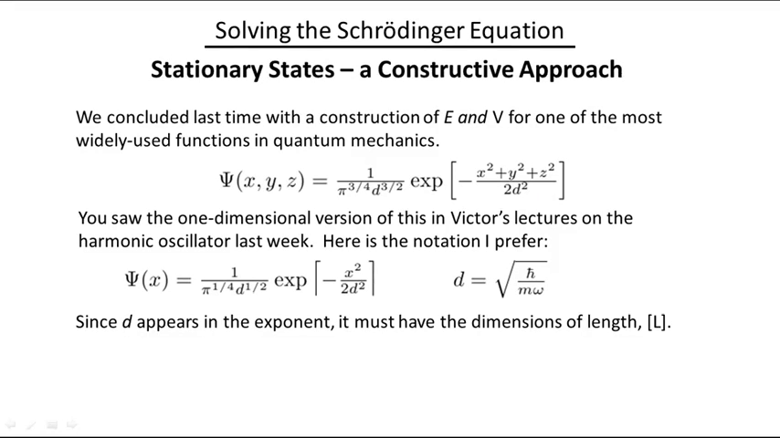Now, in the quiz at the end of the last lecture, we looked at this function. It's a generalized Gaussian, an exponential of a quadratic form, and you've seen the one-dimensional version of this previously. This is the notation that I prefer because I can remember it,